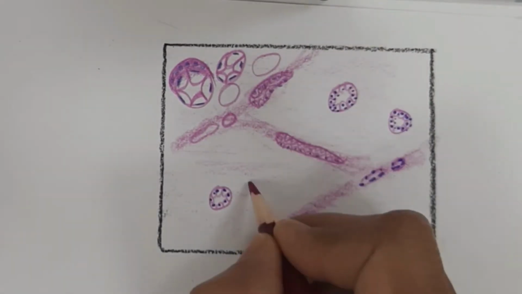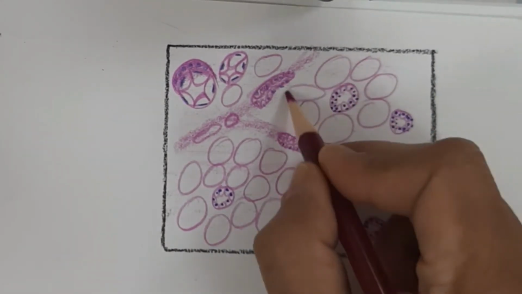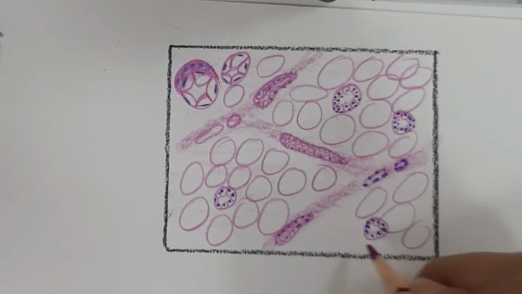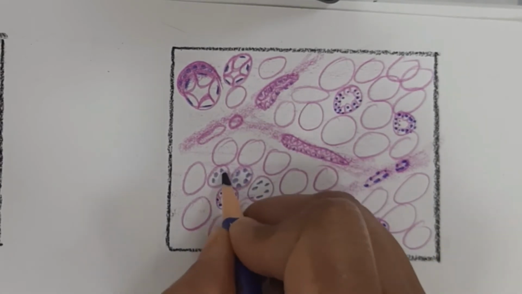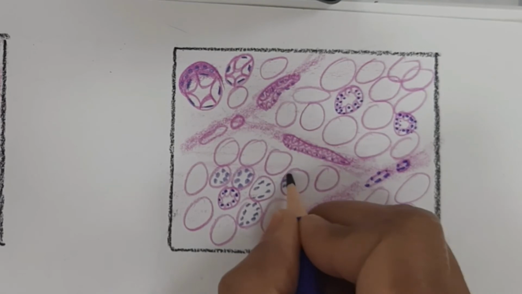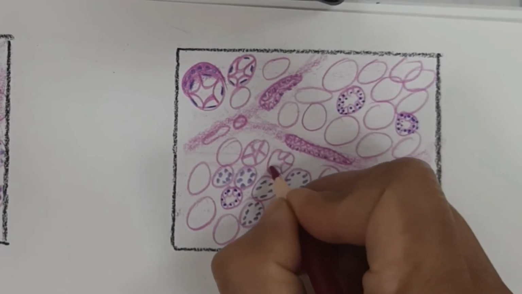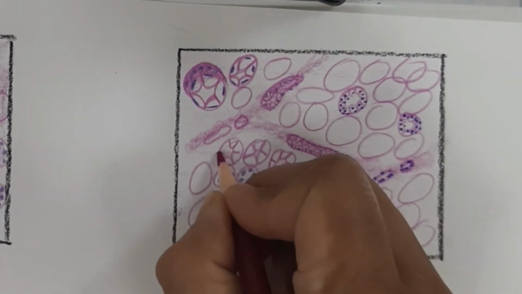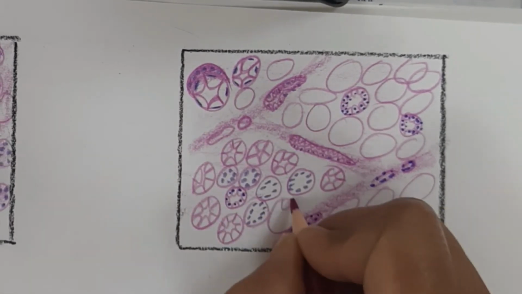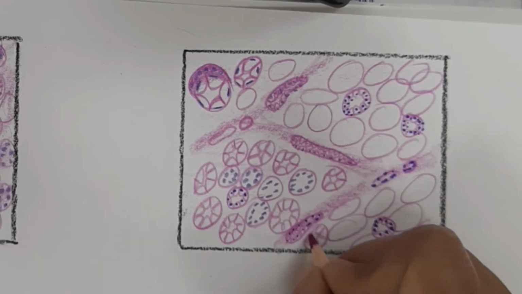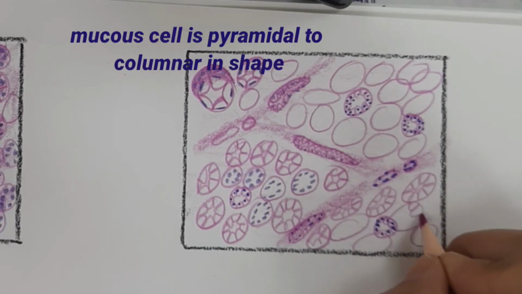Here we are drawing the mixed gland, with predominantly mucous cells. The predominantly mucous cell is present in the sublingual gland. A rounded nucleus is present in the serous acini, and it is darkly stained. In mucous acini, a small number of cells is present, with a flat nucleus towards the basement membrane and a large lumen compared to the serous acini.